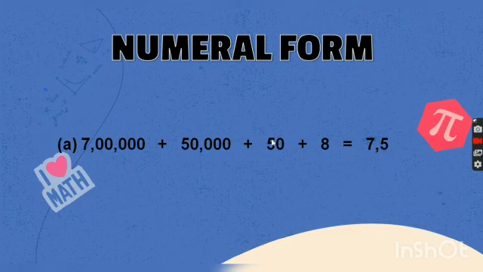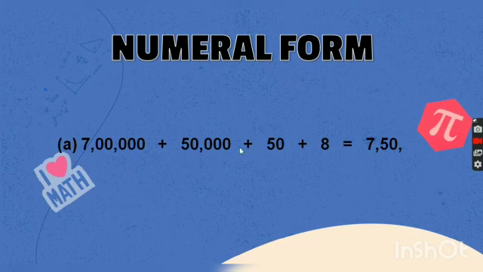Any thousands? There are no thousands. For that what should you do? You put 0 in the thousands place. Here there is no 1,000, so you put 0 in the thousands place. Then what should you do? You move on to the next.